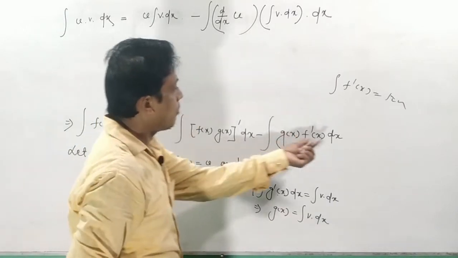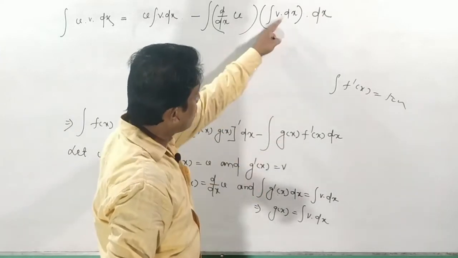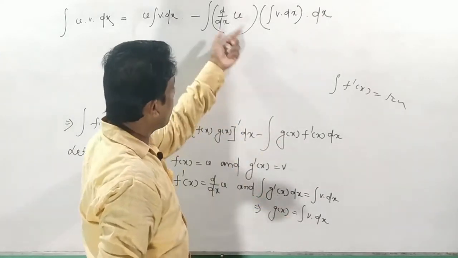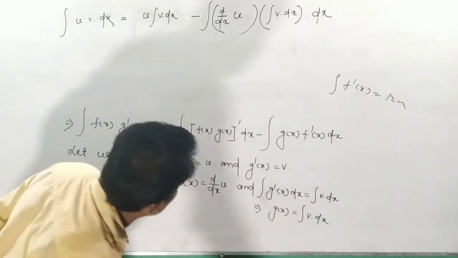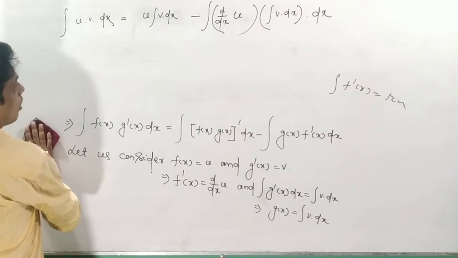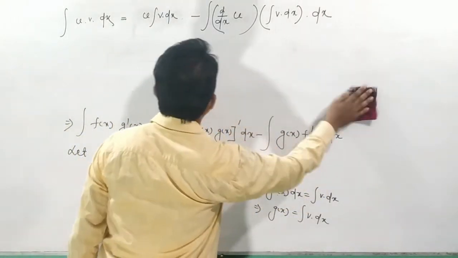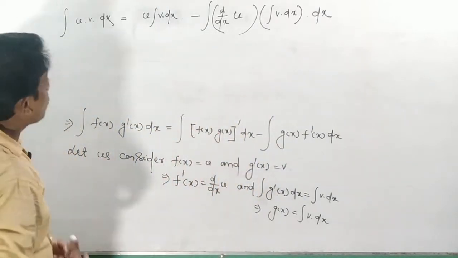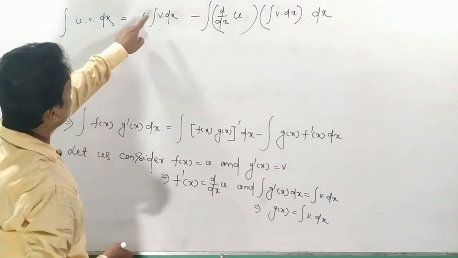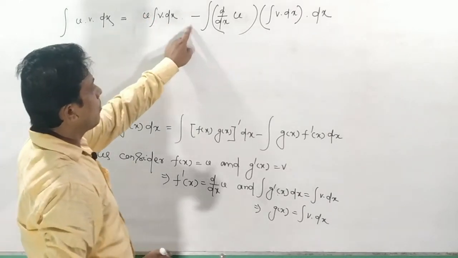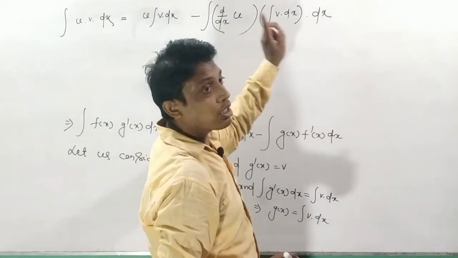Okay, for this dx, this is now dx. For g(x), this is your integration of v dx, and for f'(x) it is d/dx of u. So what is the conclusion? What do we have to get? The integration of a product of two functions, that means integration of u into v into dx, is equal to u into integration of v into dx minus integration of the derivative of u into integration of v, whole